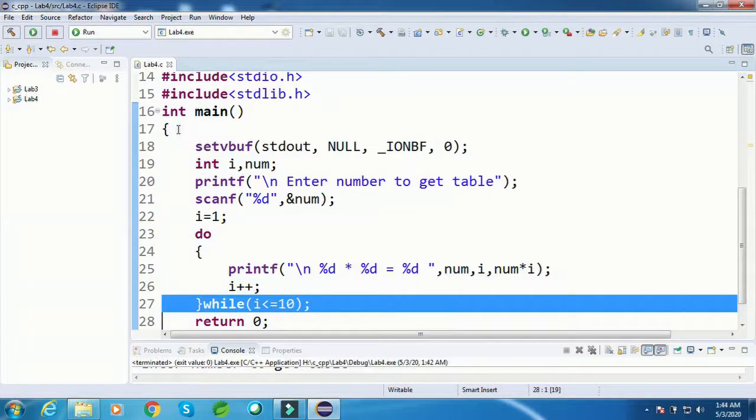condition, right? So what is the major difference between while and do while? Do starts iterating first and checks the condition at the end, whereas while starts checking the condition first and iterates later. So this is the main difference. There is one more difference: do while prints the data at least once even if the condition is wrong, whereas while does not print, right, if the condition is wrong.